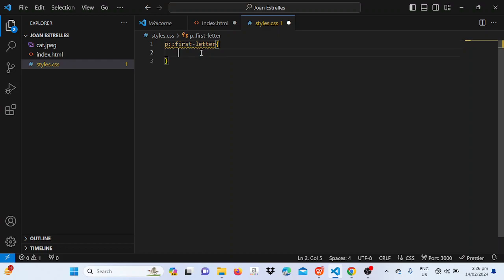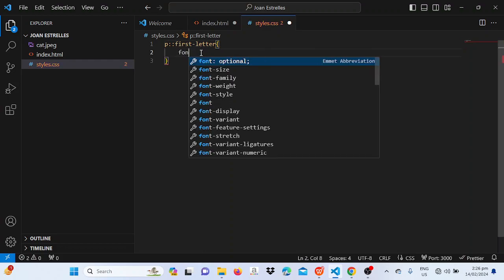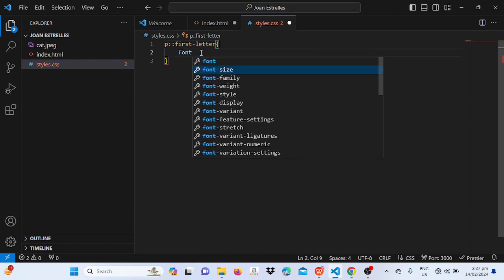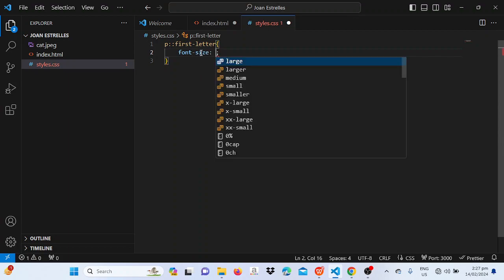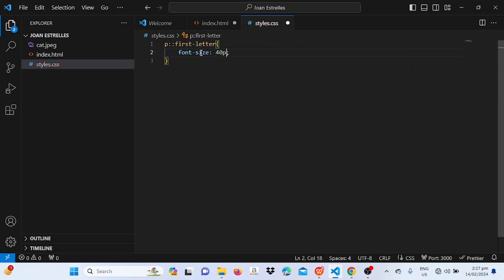I will change the font size to 40 pixels,